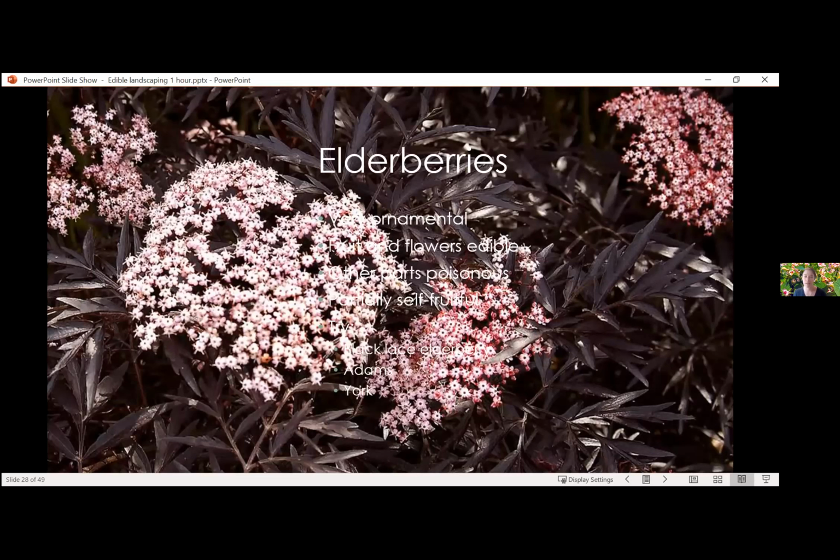Elderberries are very ornamental. Their fruit and their flowers are edible. I know there's a lot of different things that you can make, like liqueurs and, what's the word, simple syrups out of the flowers. The other parts of elderberries, though, are poisonous. So you want to make sure that you are careful with just having the flowers or the fruits when you're